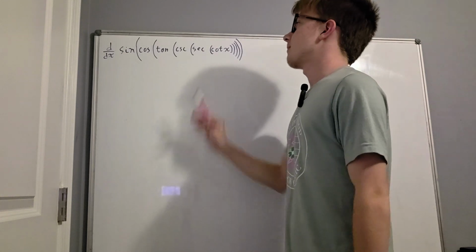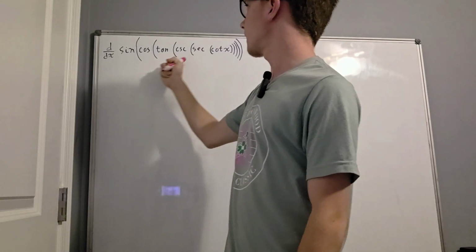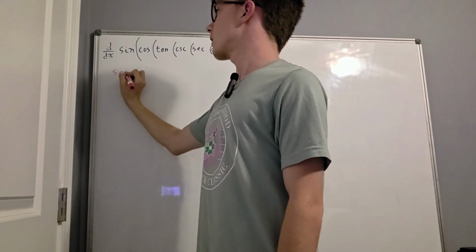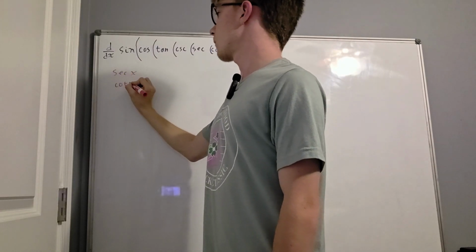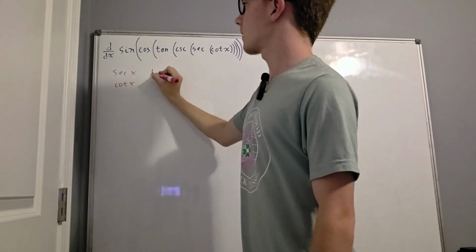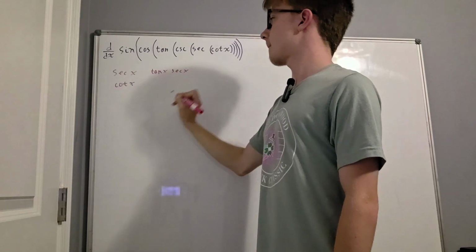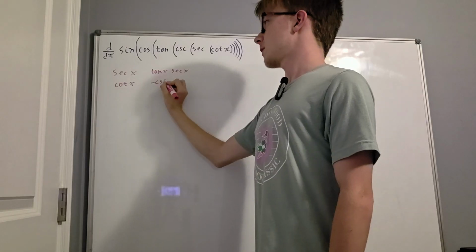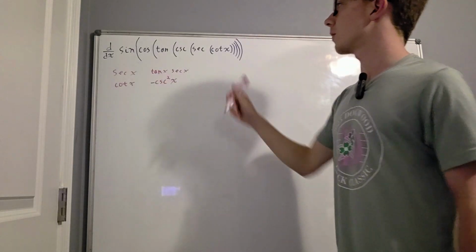So to start with, I have to start in the middle, where I have secant and cotangent of x. All right, I'm just going to do my normal chain rule here, where I got the derivative of secant is tangent secant. The derivative of cotangent is negative cosecant squared. Okay, so right here,